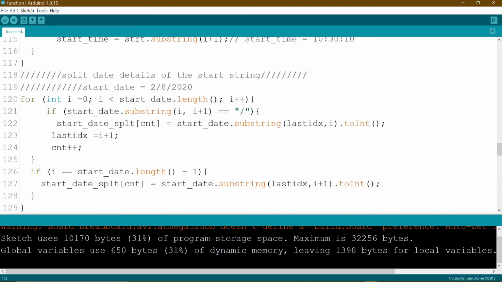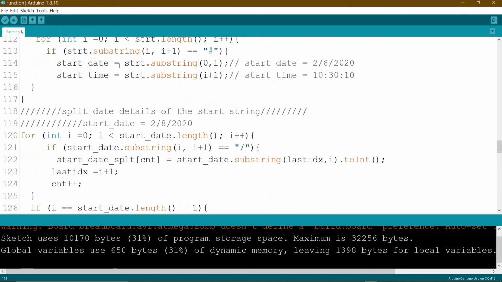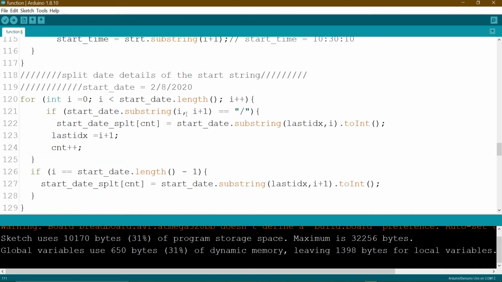Okay, equal to start date dot substring. This is the place where we use it to scan for the slash with last index of I, because now we not only have two indexes. From here 0, for sure it starts from 0 and goes to here, which is I, then I+1 jumps to here until the end. But now we cannot use only I+1 or 0 to I, then I+1 until the end,